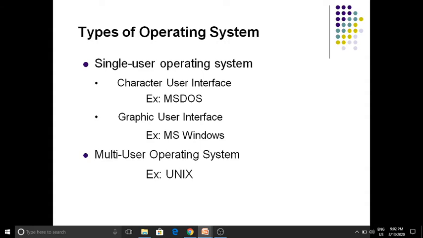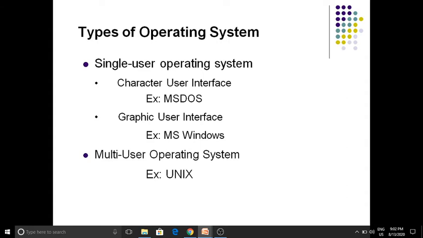A single user operating system is again divided into character user interface and graphical user interface. In a character user interface we use the keyboard as the input device.